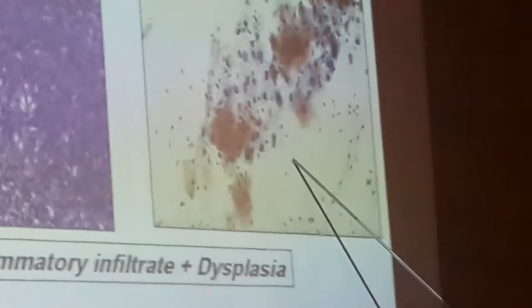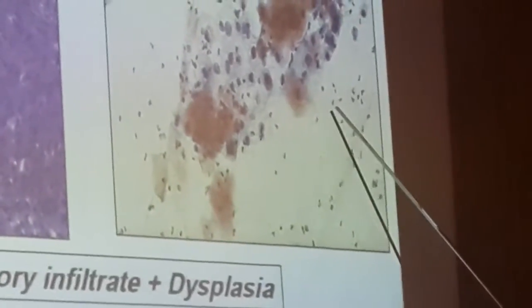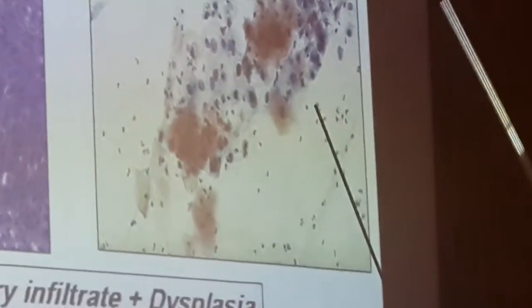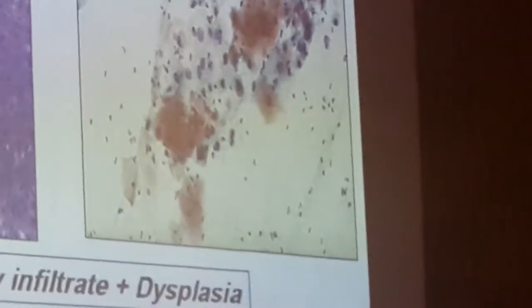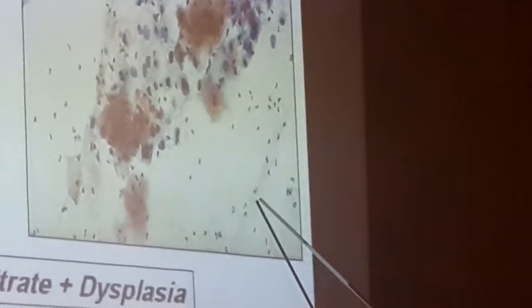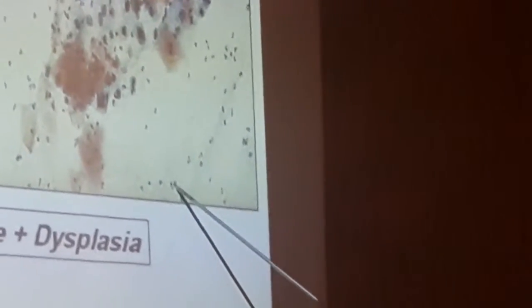Can you see this? What are these small cells? These are inflammatory cells, neutrophils, and they are multilobed. Can you see the lobes? 1, 2, 3 lobes. This is also multilobed. These are neutrophils. So you can find the inflammatory cells, and these big cells are cervical cells. This whole field is cervical cells.